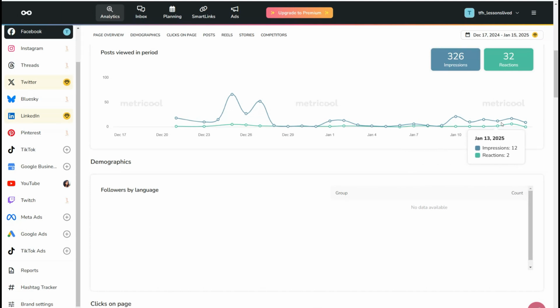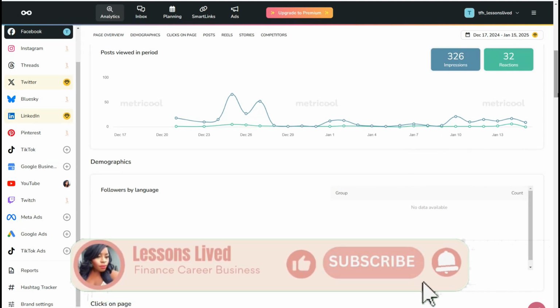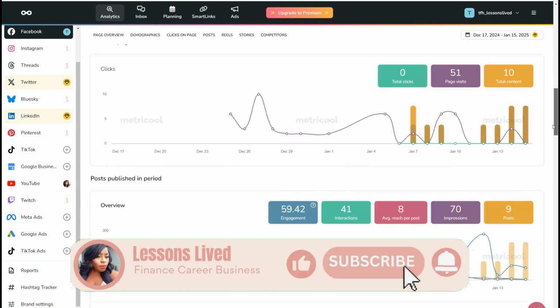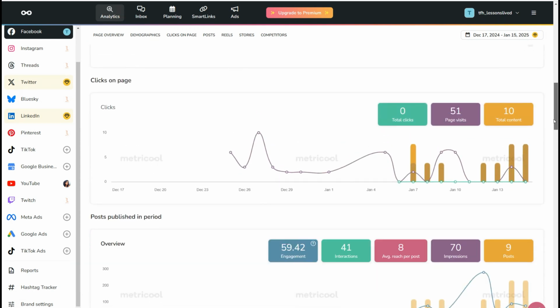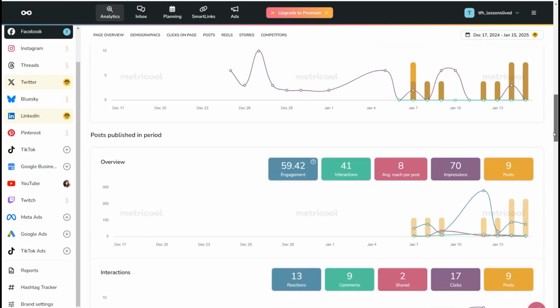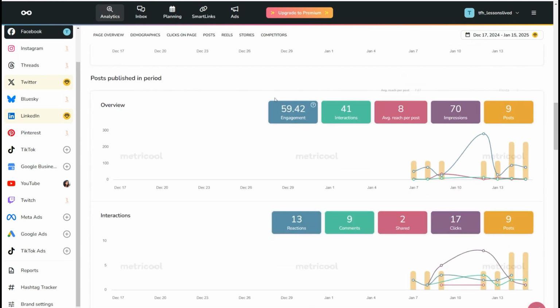Since then they've been pretty steady. I'm very new. I have almost 0 presence, so this is just my reality. Total clicks, page likes, published in period, so 59.2 engagement, 41 reactions, 8 reach posts, 79 impressions,